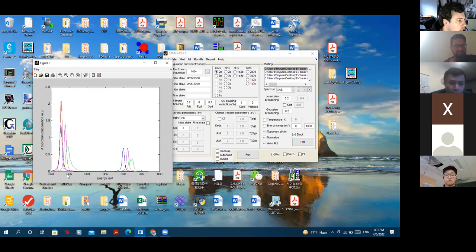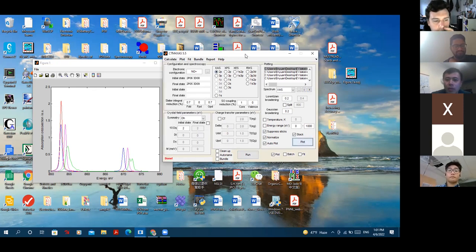Okay. So now this green one is probably getting close to the practical situation when you look at the nickel 2+ spectrum, right? So you can play with all those parameters. And for some systems, you have a good chance of getting a spectrum that is very close to what you measured. And by changing those parameters, you do have some idea what the property of the system you're looking at is,